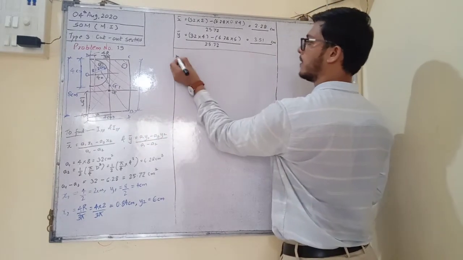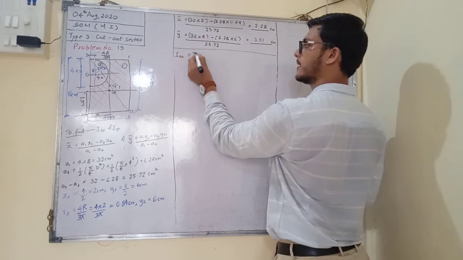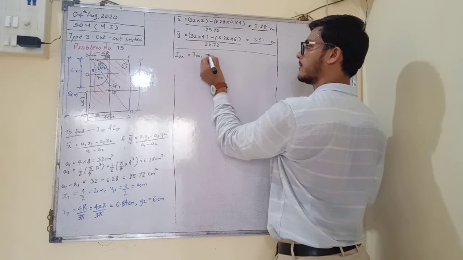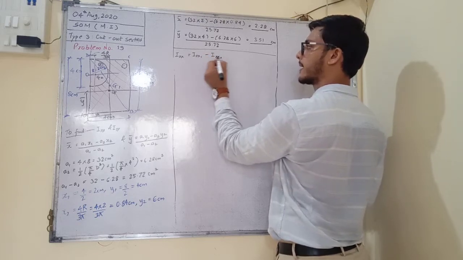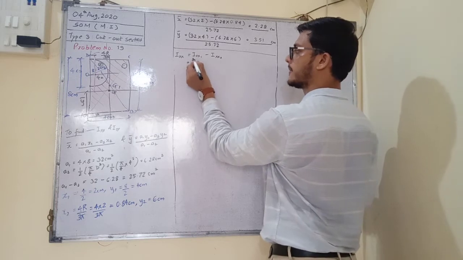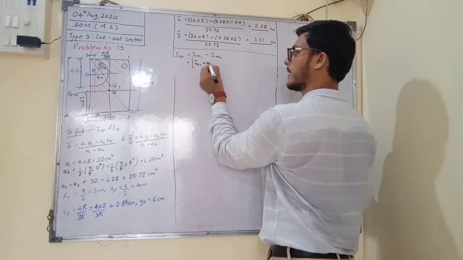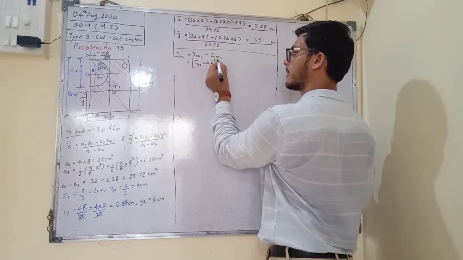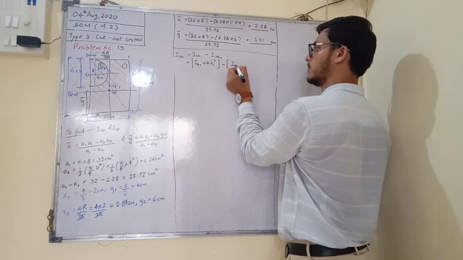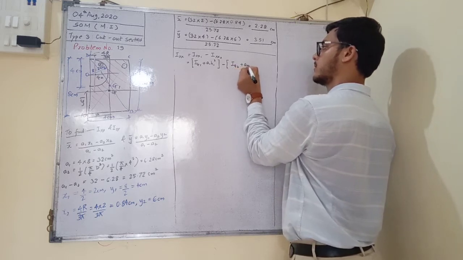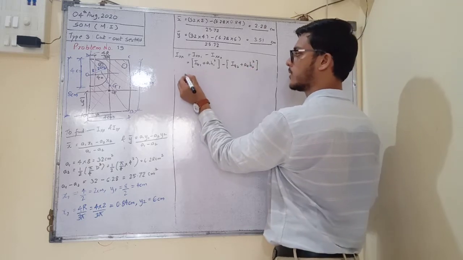So in both we have to apply parallel axis theorem. So I-xx will be I-xx of the bigger figure minus I-xx of the smaller rectangle and semicircle. I will write the parallel axis theorem statement here: Ig1 plus A1 H1 square minus Ig2 plus A2 H2 square. We will simplify this more.